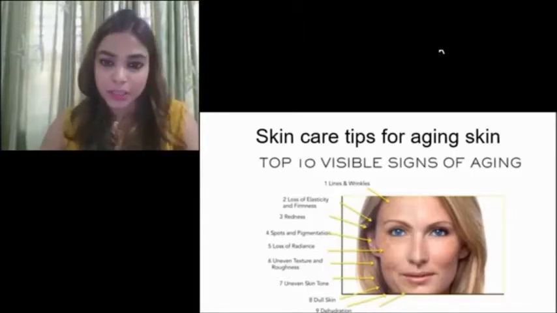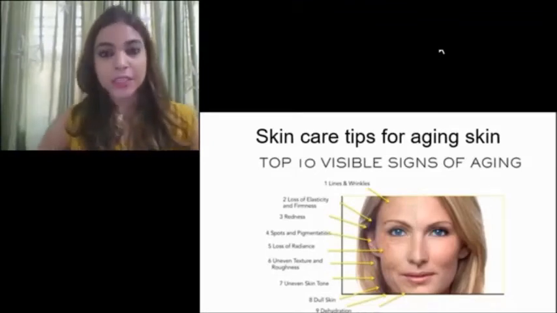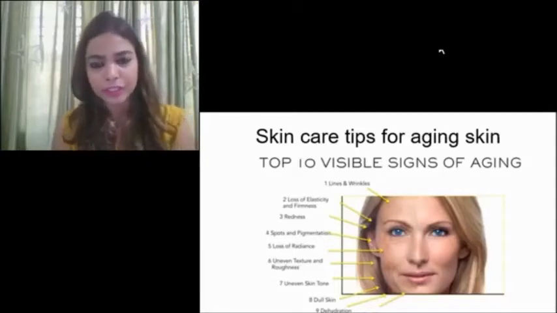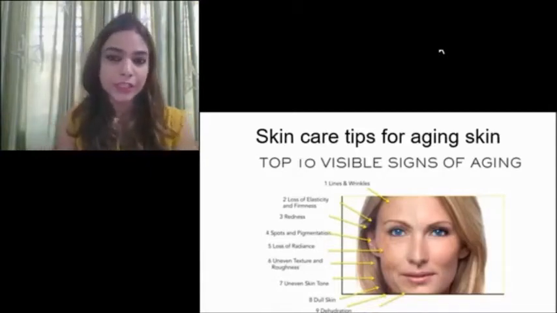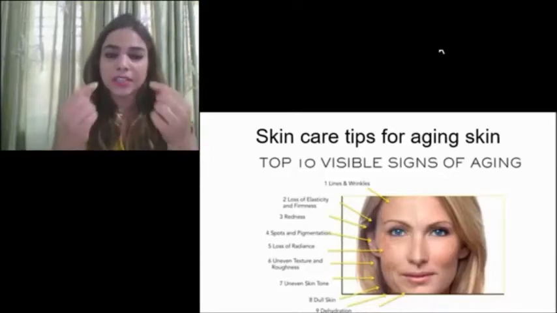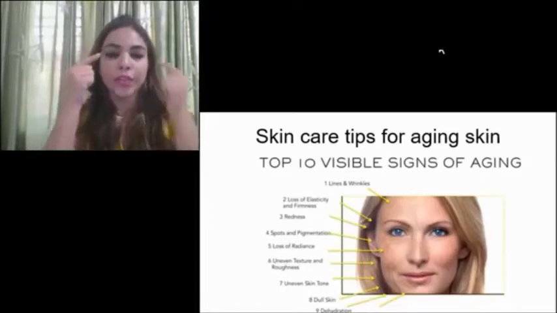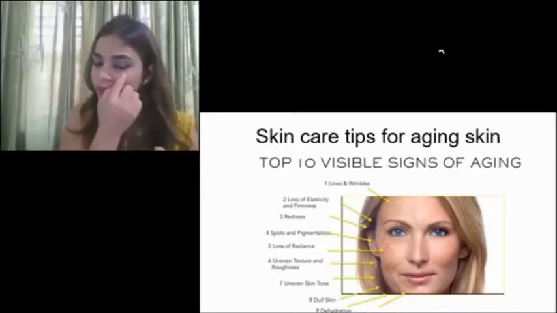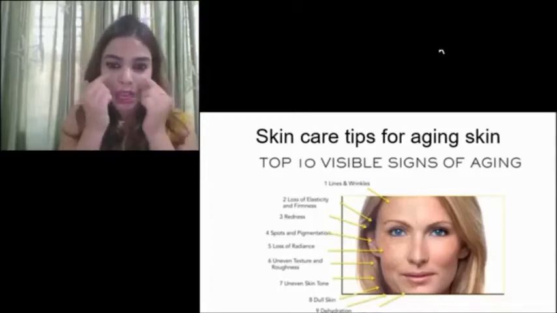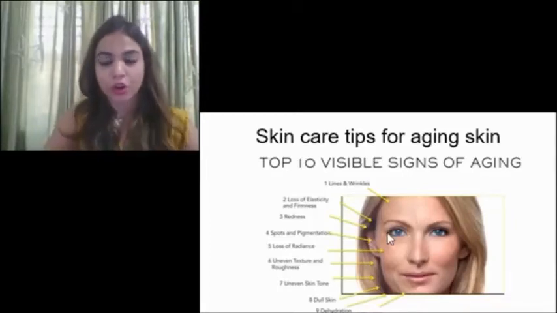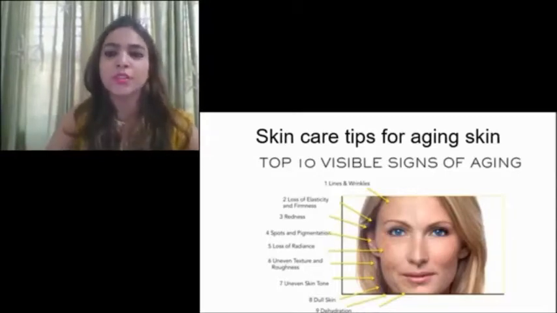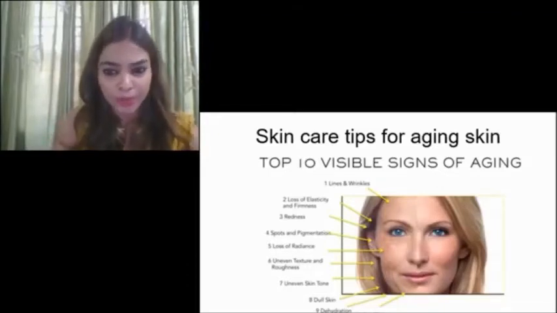Now coming to aging skin. There are a lot of aging signs which you will see on your skin, and they are very subtle. They start appearing by the age of around 30 to 35 years, and around 45 years you will definitely see those signs. So what are these signs? These signs are fine wrinkles and lines which you see on the forehead, on the sides of the eyes, around the nose, around the mouth. Then the sunspots, the brown spots which you usually get around the eyes and around the mouth. Redness or loss of glow of the skin. The skin generally stays dry, with uneven skin tone. These are the usual skin complaints which you see in an aging woman or man.